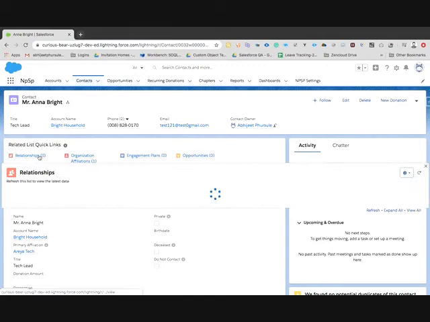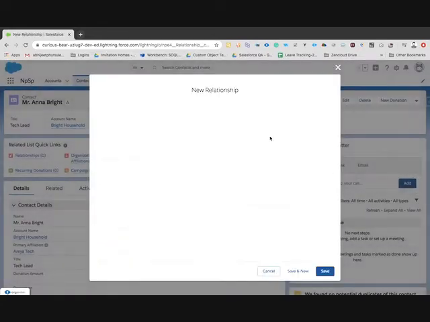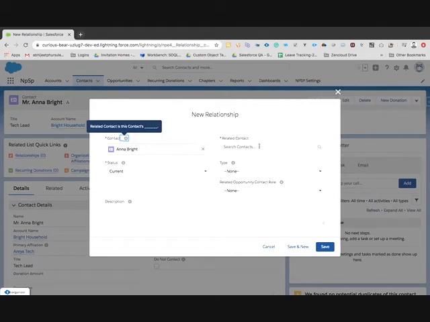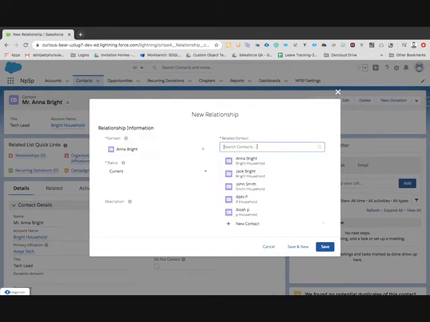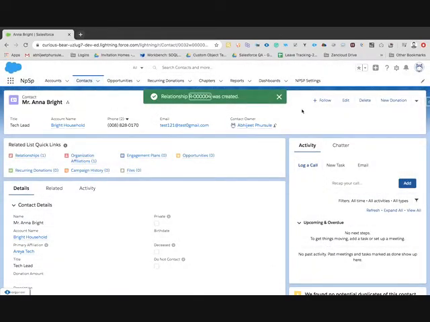In order to create a relationship of this contact record with the existing contact, we can just create a new relationship by clicking on the new button, and let's say Anna Bright is a related contact with Jack Bright. Just save it.